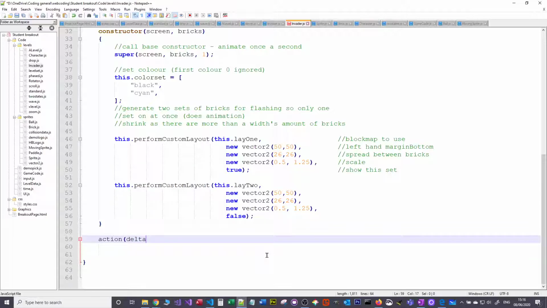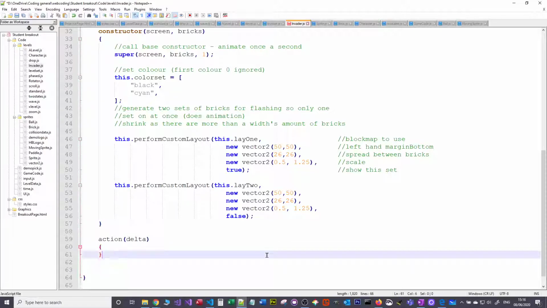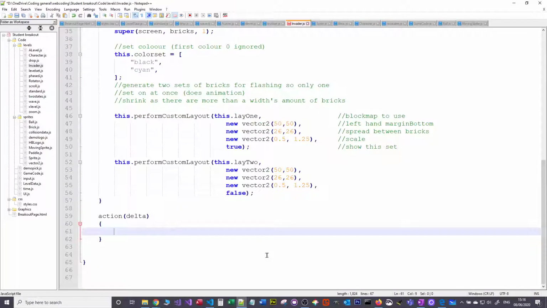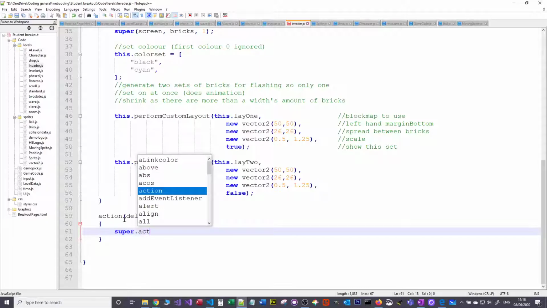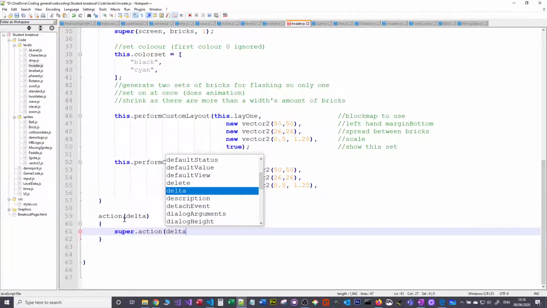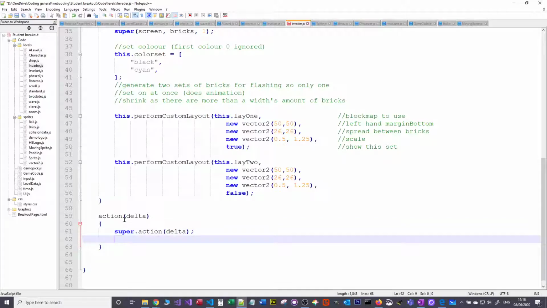Right, so we need to accept the delta parameter, even though we're not going to use it. So I've created a skeleton. Now, the first thing I always need to do if I'm doing something that's inherited and there's an action there, I need to call the super of it. How you do this is different in different languages, but this is how it's called in JavaScript. Super dot, and then we pass the delta on to the other one. Okay, and then we need to write some code